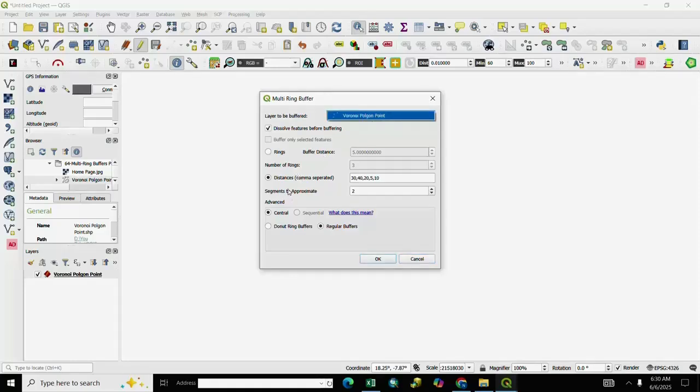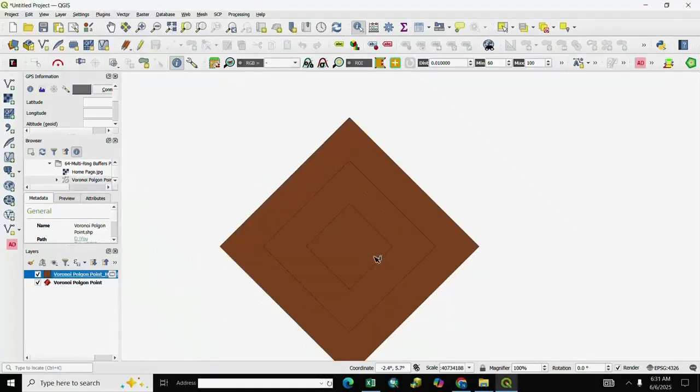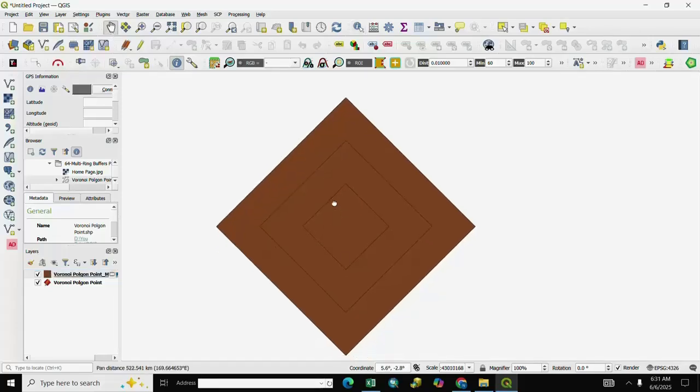After point, we select here ring buffer and distance. We write here distance 10, 20, 30, and segment 1, then OK. You see here your buffer is created,